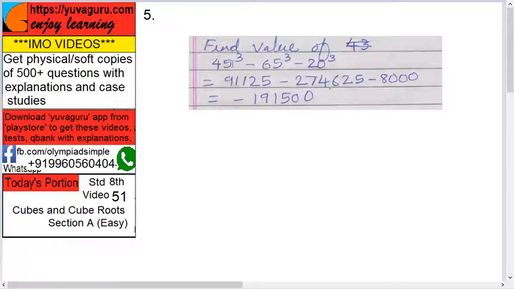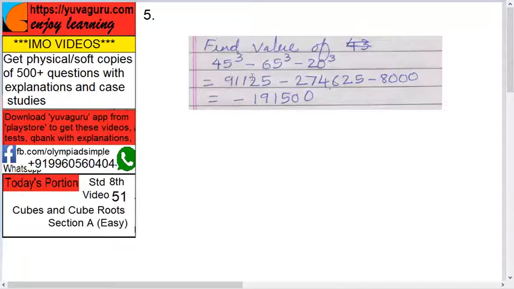This, you'll have to do it yourself. 45 into 45 into 45, 3 times. The answer is 91125. 65 into 65 into 65 is 274625, and 20 cube is easy, 8 and 3 zeros, 8000. Okay, now in subtraction what you do is 91125, which is bigger, so minus 274625 is bigger, so